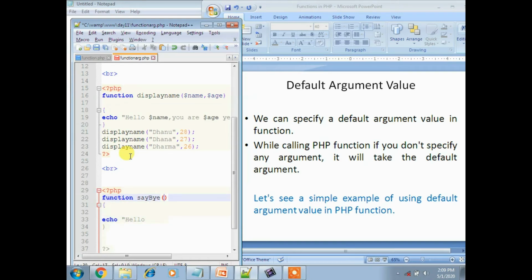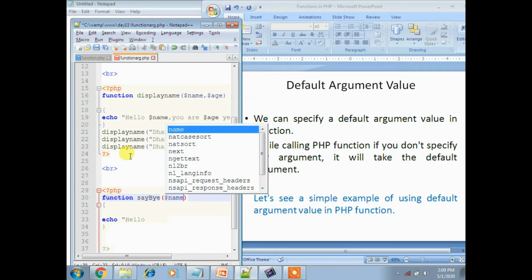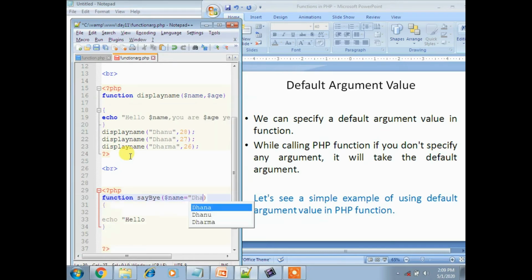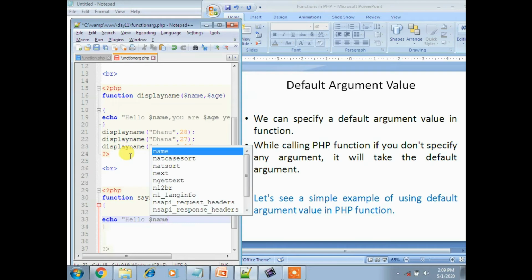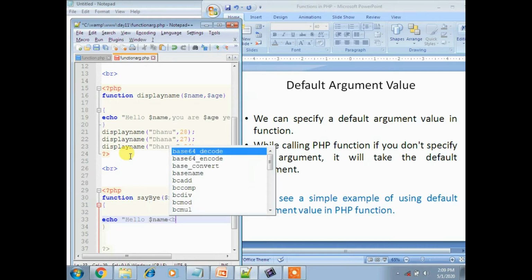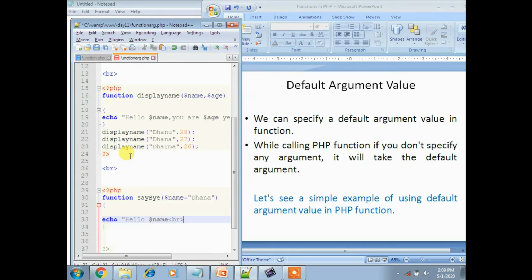So here $name equal to Dana. Okay, $name equal to Dana. Now here I am specifying hello $name and br. So there itself I gave a value, right? So that is the thing.